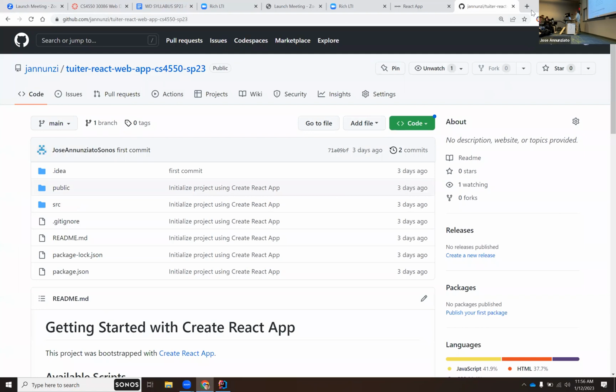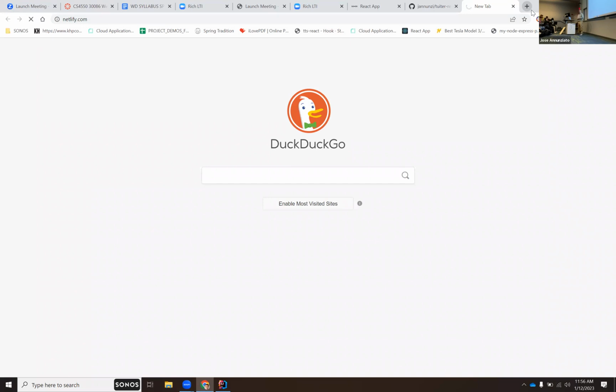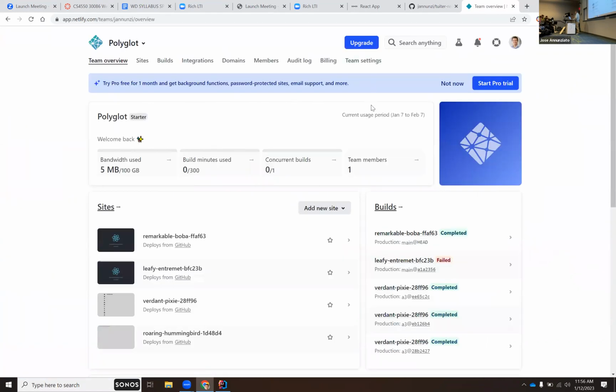Perfect. So to make this available, you can go to Netlify. I mean, there's tons of free hosting alternatives. Netlify is one of the most trivial ones to deploy something. You could just point it to a GitHub repository. It will clone down your repository, and it'll try to figure out what it is that you're trying to do, and identify whether this is Vue.js, React.js, Angular, what is it? And it will create the environment for you to deploy it. So it's pretty smart. So if you don't have an account, please go ahead and create an account,